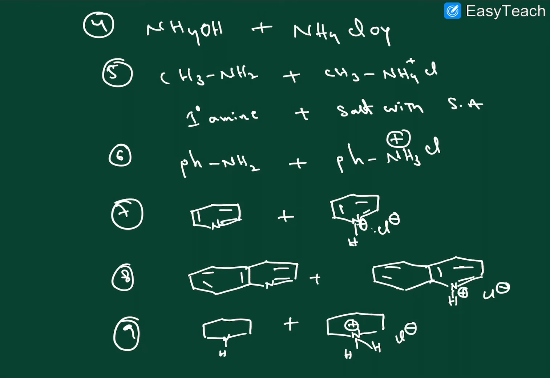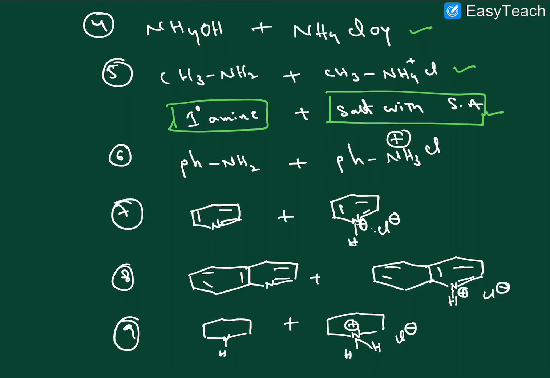So here ammonium hydroxide, and then a primary amine with its salt of a strong acid. With the acid it forms a salt, and that salt plus the primary amine, generally a primary amine with its salt, is a basic buffer. I hope this point is very clear, right? So that is the best example here. And then next, same, primary amine with the salt, and here pyridine with the salt,